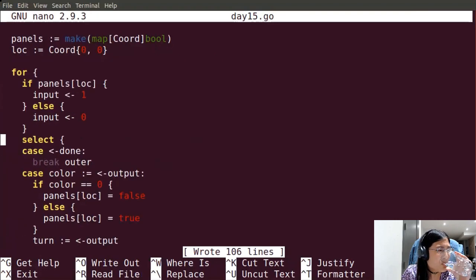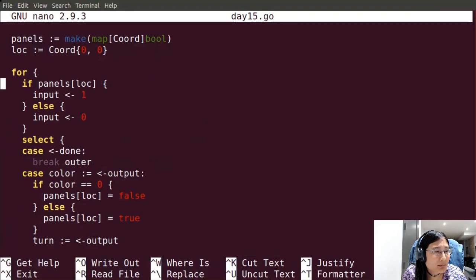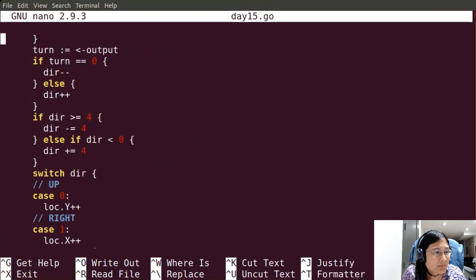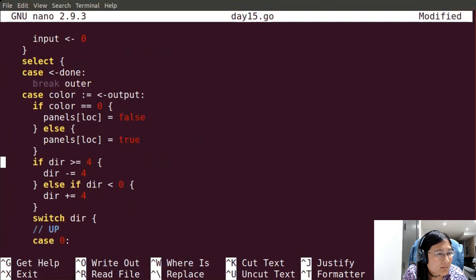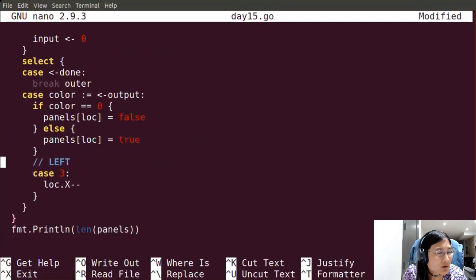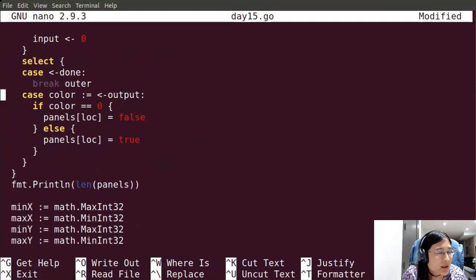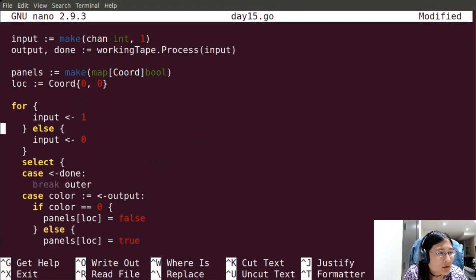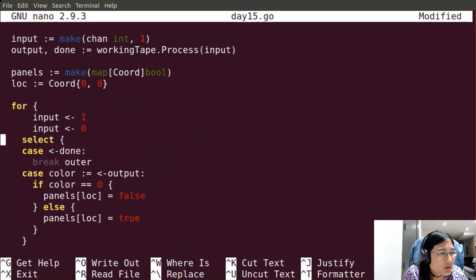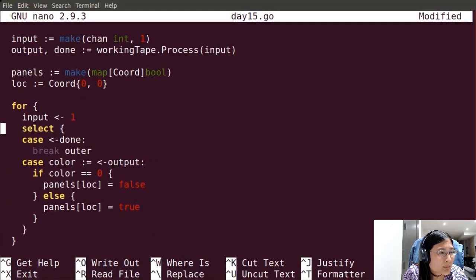So let's go ahead and figure out how I can search the maze. So I don't need any turns. However, what I do need is, okay.